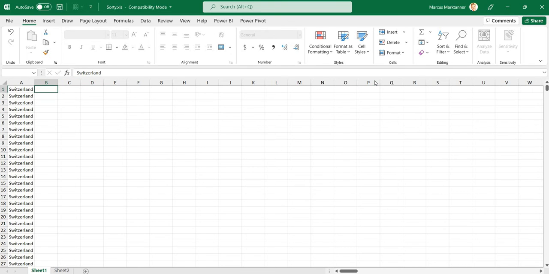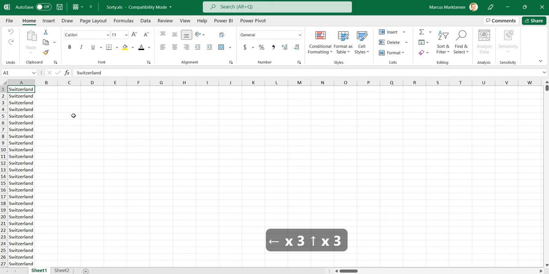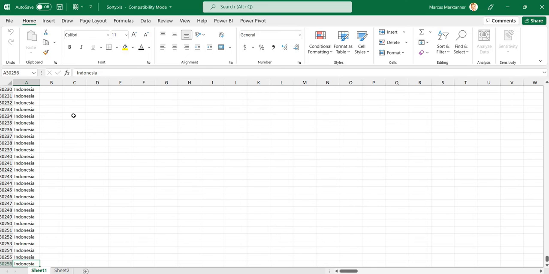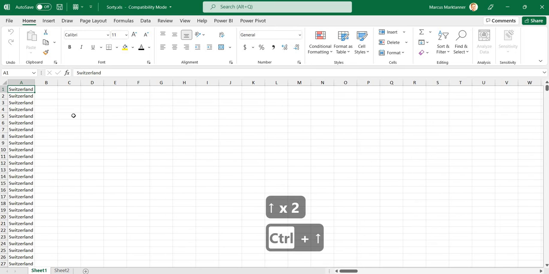Okay, so now you see what happened. We used a program to automatically stack all the countries. So now we have 122 times Switzerland, and then we have 122 times Eastern Europe, and so on. And the last one were the 122 Indonesias. So the next thing that we need is